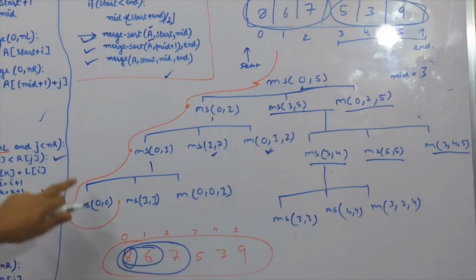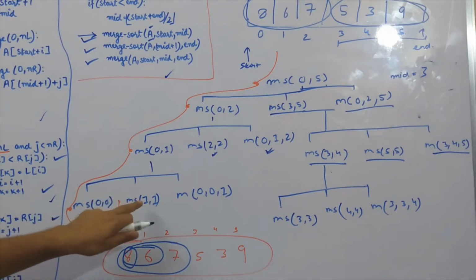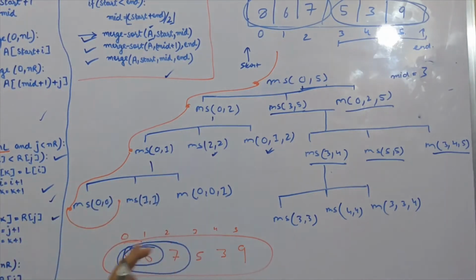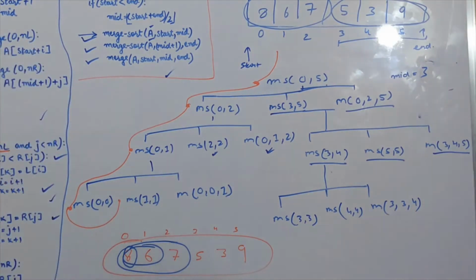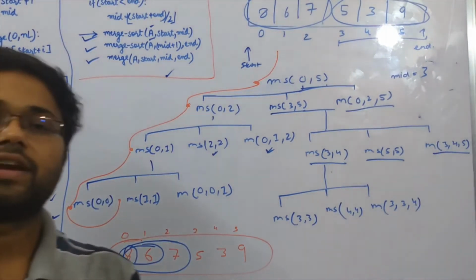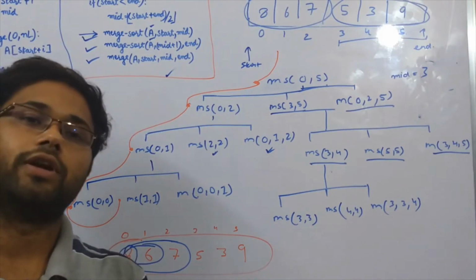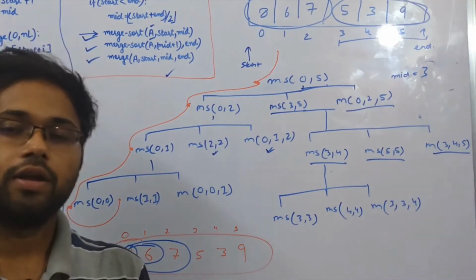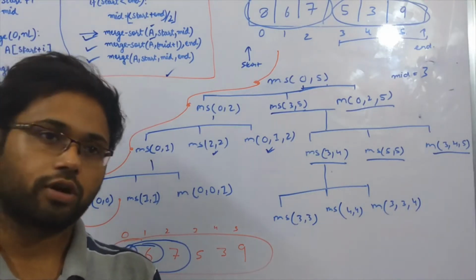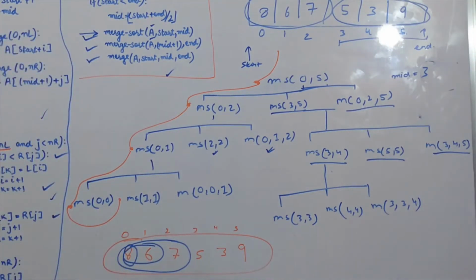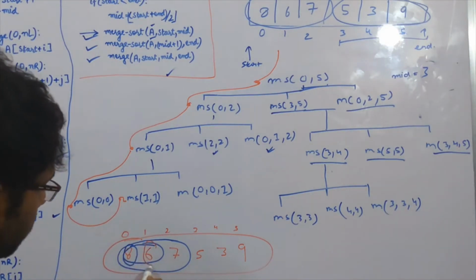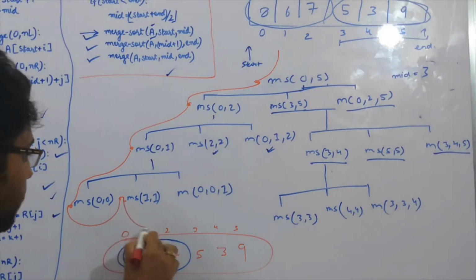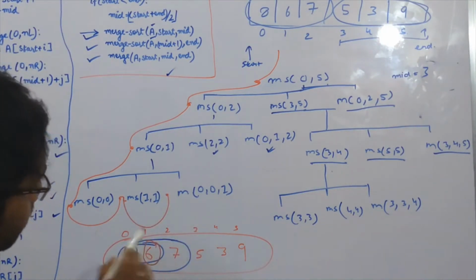If you are coming from some branch and you are leaving that branch for the last time, then we assume that this function is over, or the purpose of this function is over. So merge sort 0, 0 will sort 8, as 8 is a single element and is not compared to any element, so it is already sorted. All single elements are already sorted. Now the next function came, merge sort 1, 1, or we will sort 6. When we leave this function, the element is already sorted.